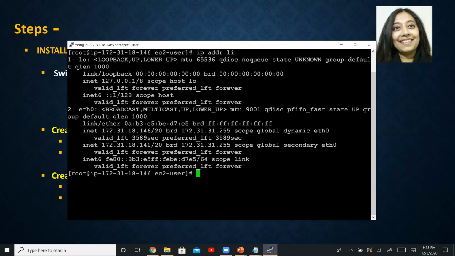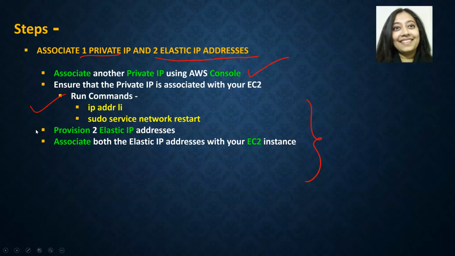So go back. Now if I try to type anything, nothing is being typed. Why is this happening? This is happening because we just associated two elastic IP addresses to our EC2 instance.